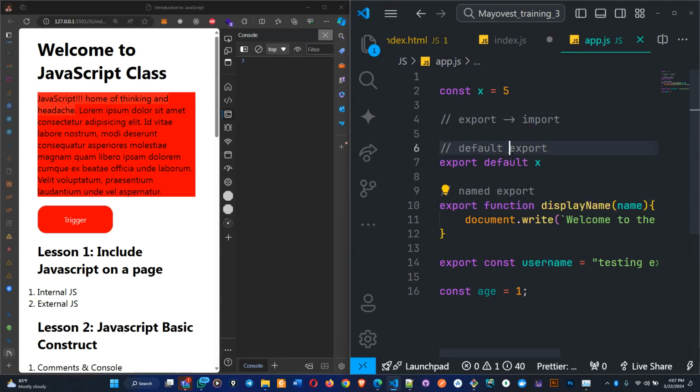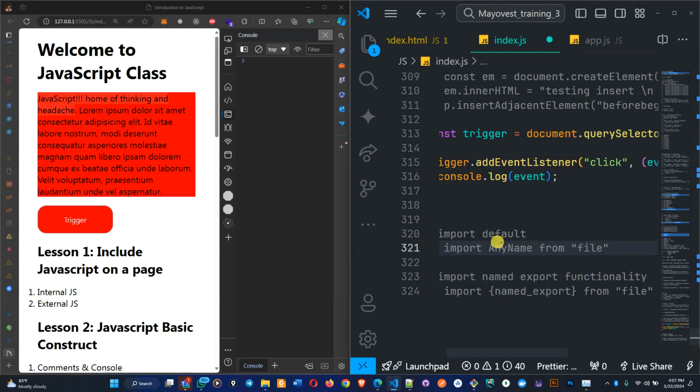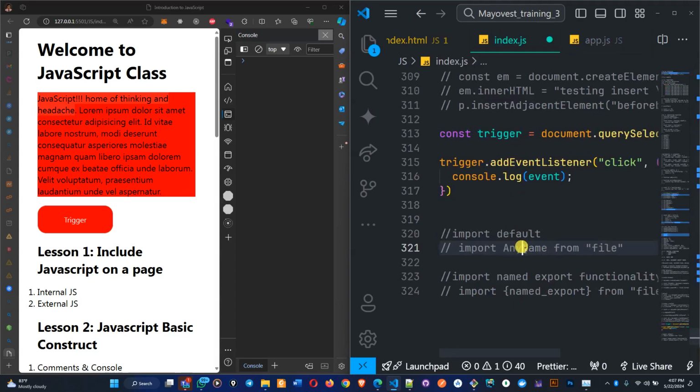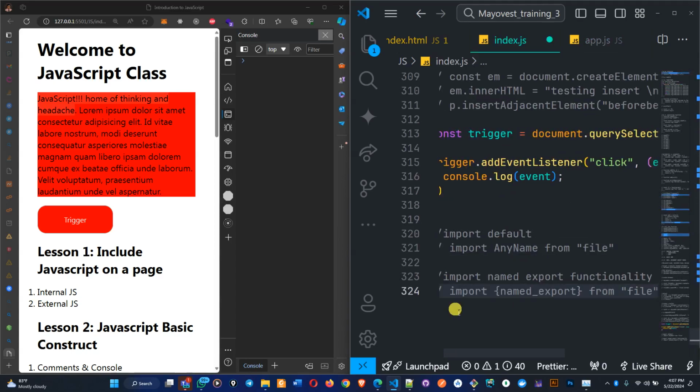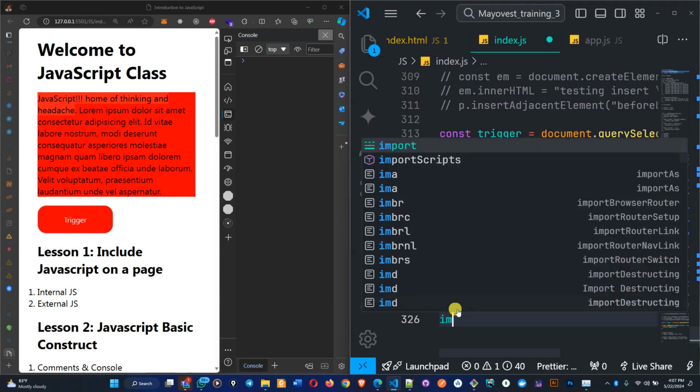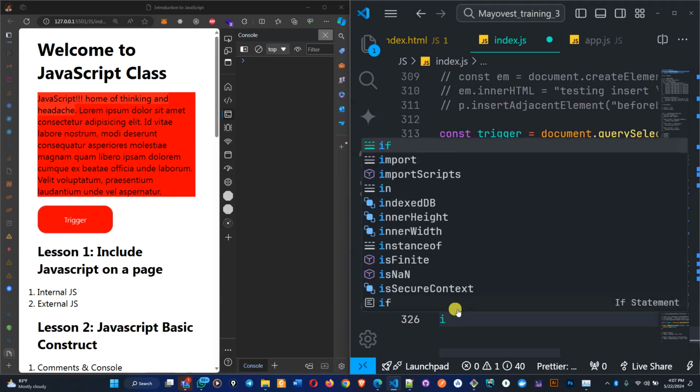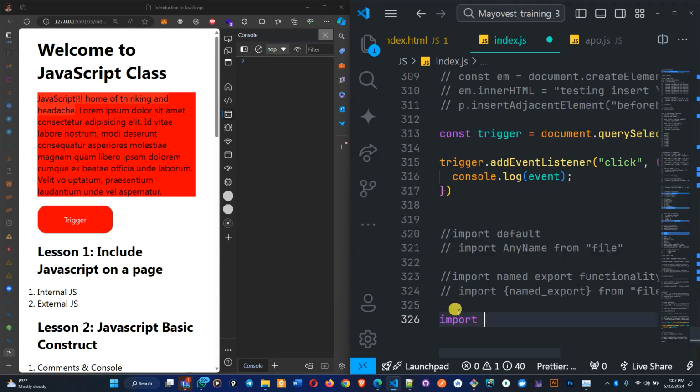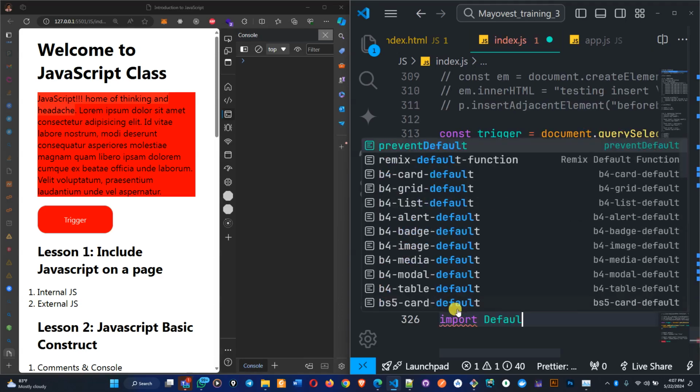But when you are talking about the default one, you can use any name to import this X because it's the default like that. And how do you do the default one? This by using it like this. So for example, let me import that X. So here now I can use import default like this,